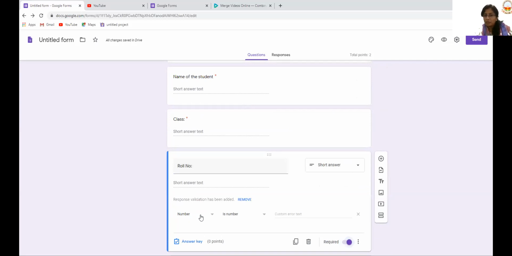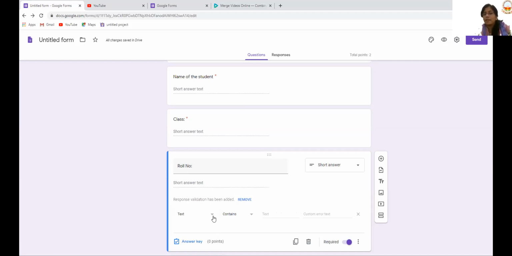One more additional thing you can see over here is number. Whenever it comes to roll number, the computer has understood that it is a roll number. So it can be a number. Or if you want it to be characters, like you want any number to be written in alphabetical form, you can just select it as text. So if a student is writing roll number as ONE1, they can use it.